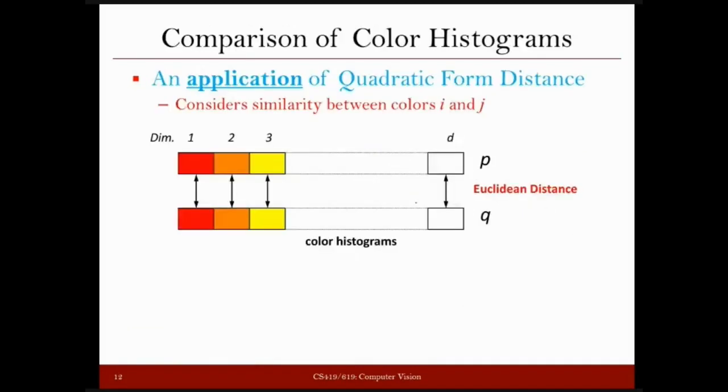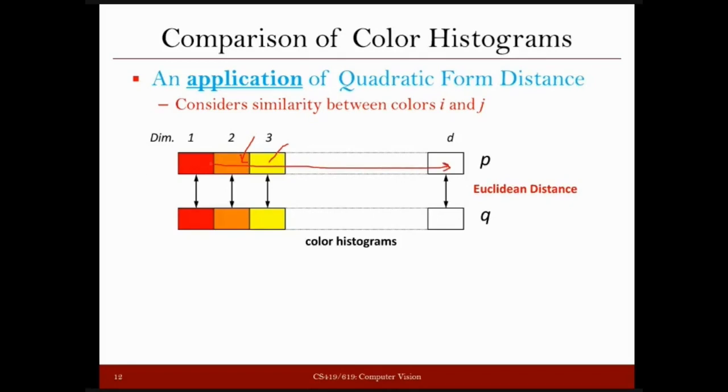Right. Now let us try to understand again this quadratic form distance with the help of a histogram. So in a histogram, let us say we are talking about the histogram of an image. In simple terms, a histogram collects from your image how many pixels. Let's say your image has these many different colors that you see here: red, yellow, a little dark yellow, light yellow, and so on. You have D different colors in your image. So from here to here, you are representing D different colors.